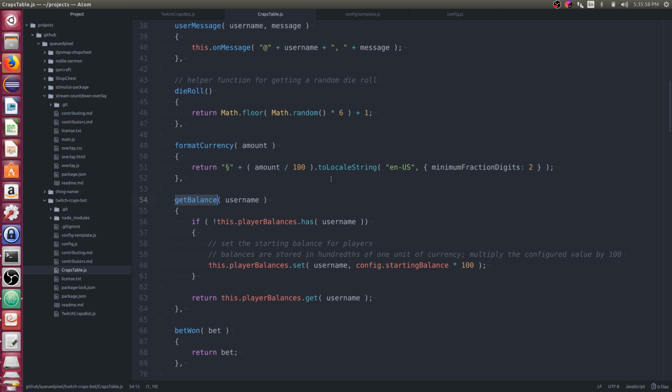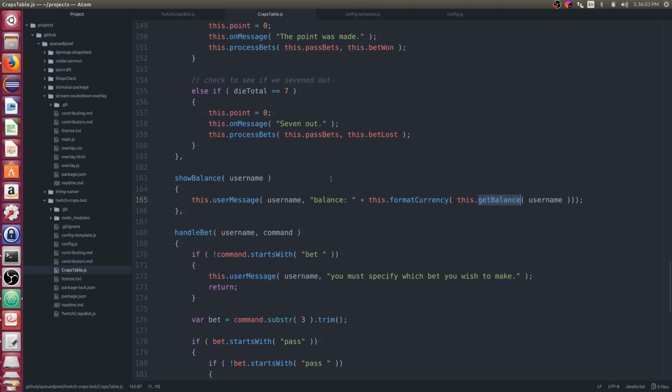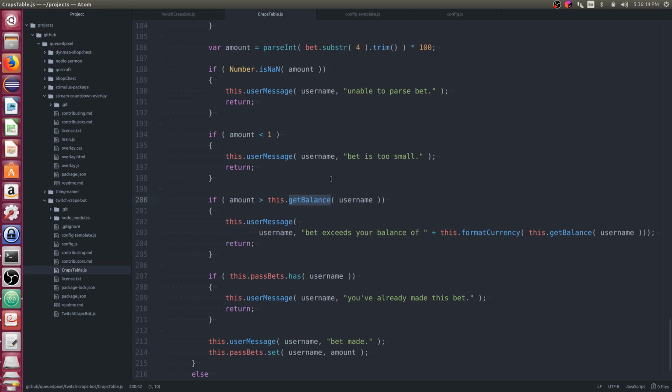Because the alternative is I need to think through where I should use it and where I shouldn't. Here, show balance, I really need to use it because someone could ask for their balance before their balance has been established elsewhere. So I absolutely need to do it here. And here, I need to do it as well, because this is placing a bet. If a player starts out by placing a bet, their balance may not be set yet. So I think those are the two places I absolutely have to use get balance. Here, I don't, because at this point the balance has already been set, and I could just go straight to the data structure.